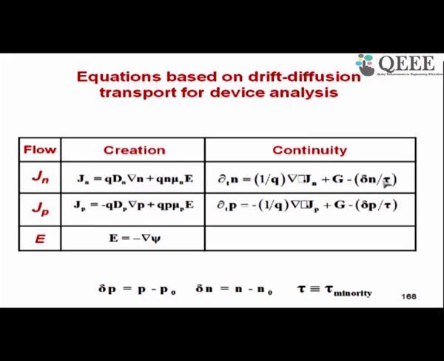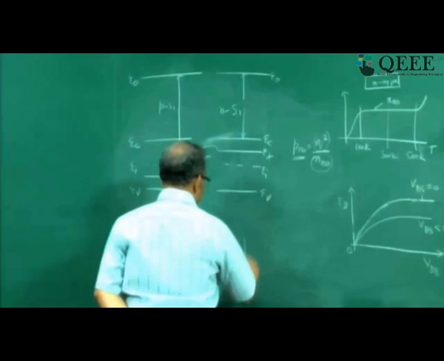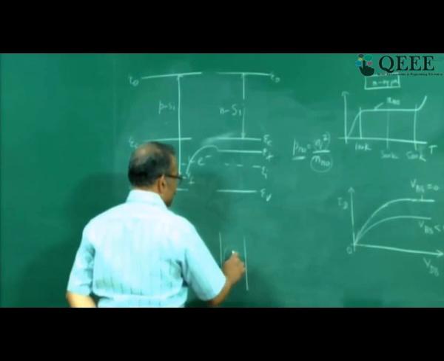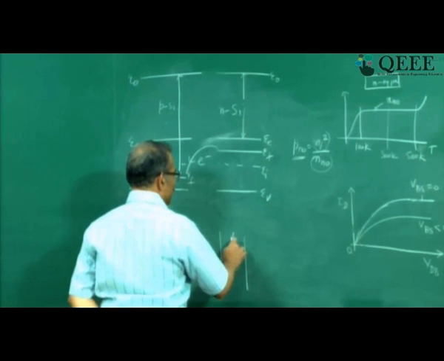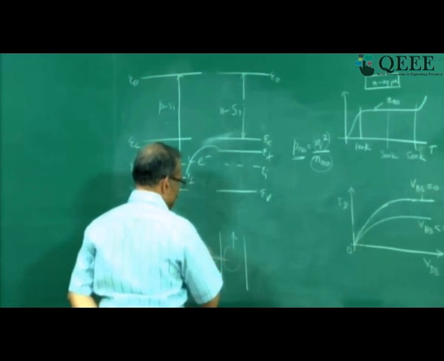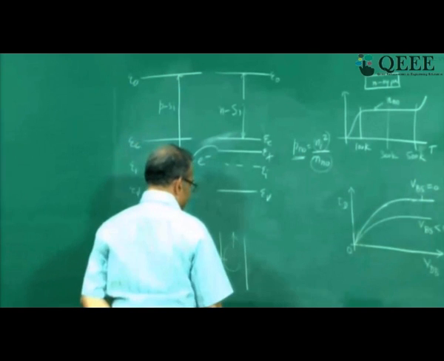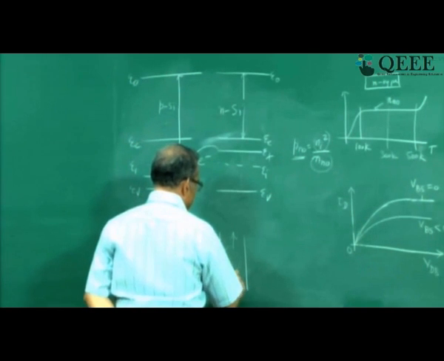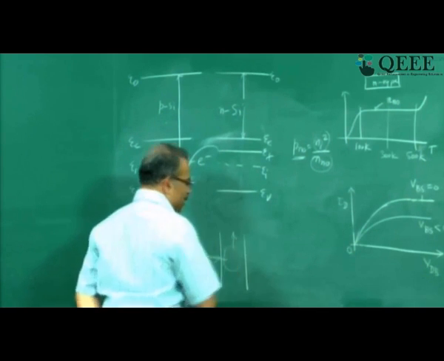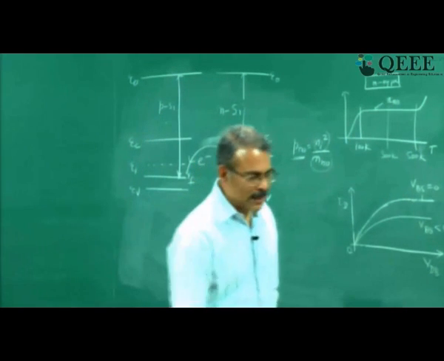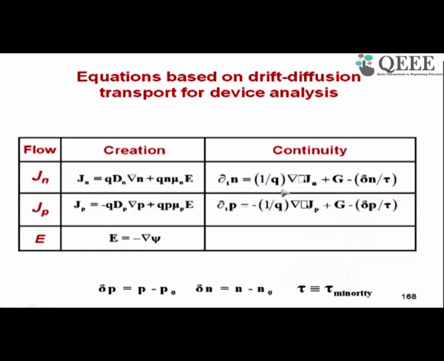So what we are saying here is, if I have any region of semiconductor, in this region the electron concentration can go on increasing if there is input of electrons from outside, or there is generation inside electron hole pairs, and it will decrease if there is recombination. So these three mechanisms are what are reflected here in the three terms of the right hand side of the equation. Okay. Similarly for holes.